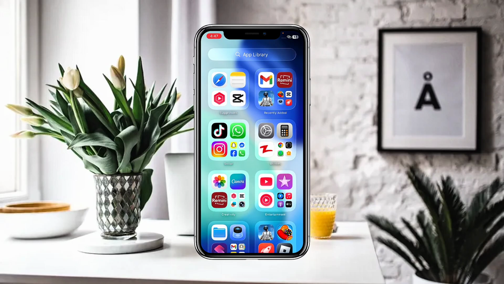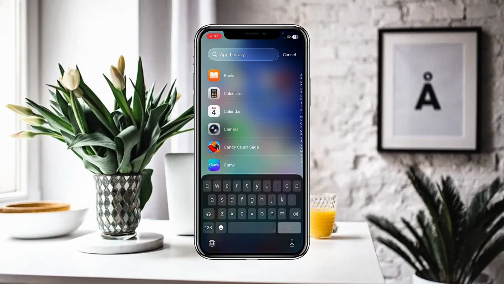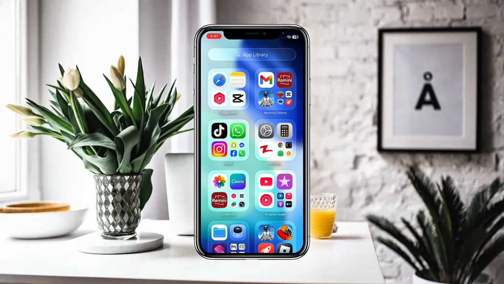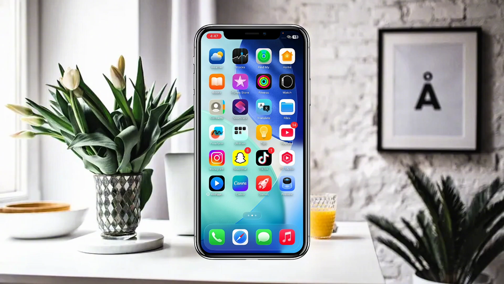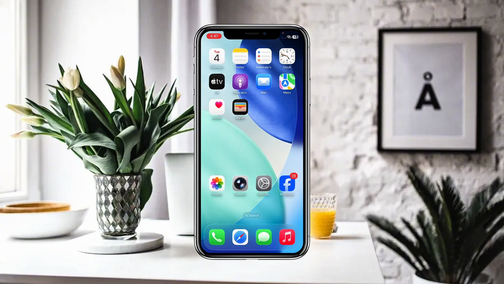So if you do not find the App Store even in the hidden apps, then you can simply search for the App Library, and here you have to search for the App Store, and here you can find the App Store is still not available on your iPhone iOS 26,